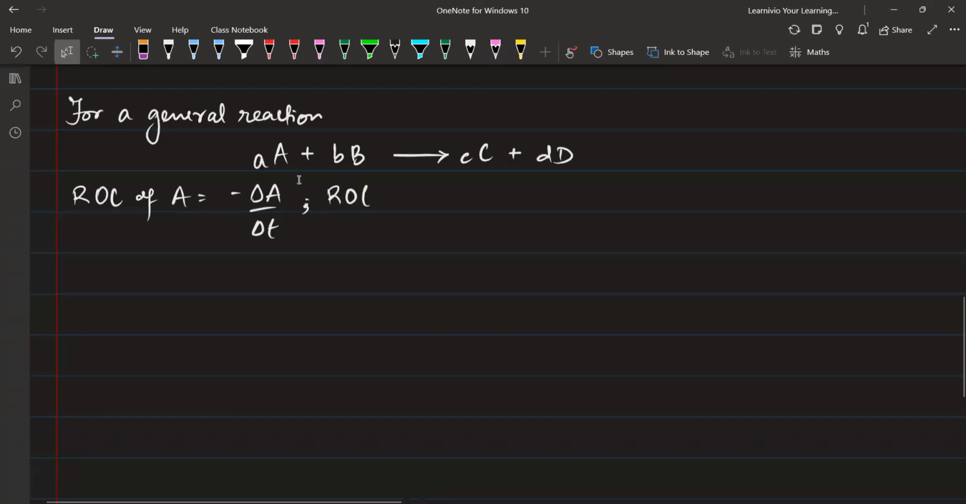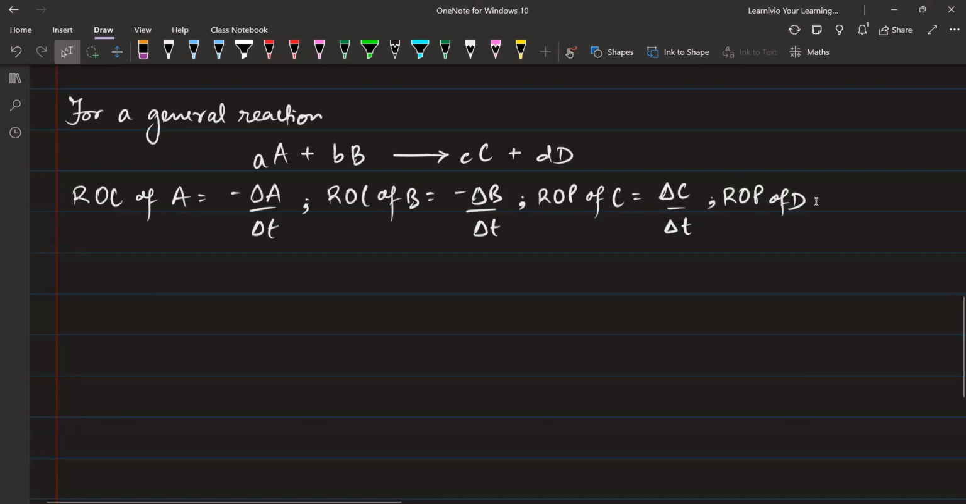Rate of consumption of B is minus del B by del T, because it is a reactant. Rate of production of C is only del C by del T because it is a product. Rate of production of D will be del D by del T. ठीक है? Now, if we talk about the rate of reaction,